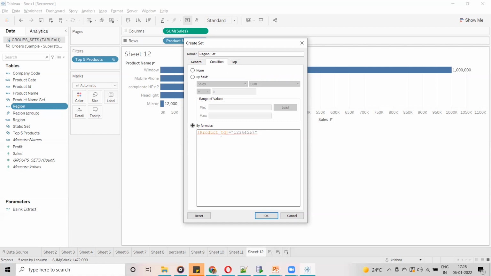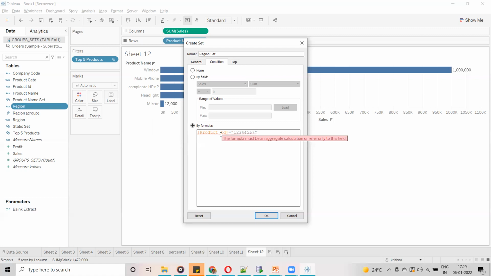If you move the cursor on top of it, it shows the error message: the formula must be an aggregate calculation or refer only to this field. The formula must be an aggregation calculation, which means you can use any field on which we can do aggregation. For example, here we have sales and profit. You can use sum of sales, sum of profit, or count of regions. Only aggregated data is allowed.